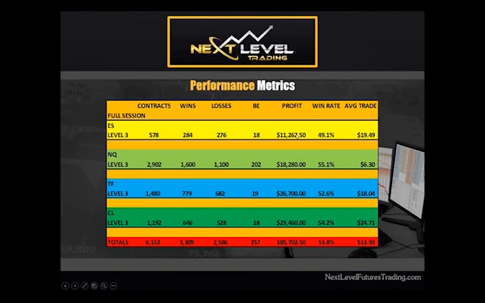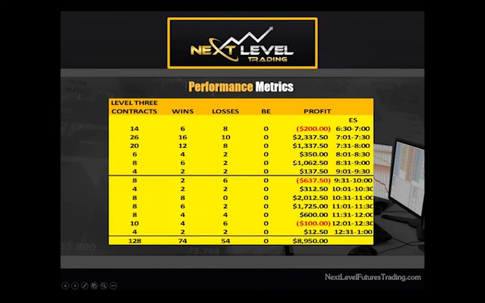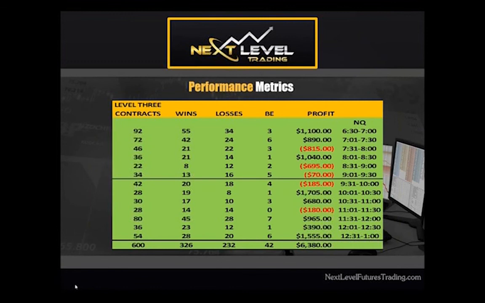But this has been our profit over the last 2 years, assuming you take every trade, every signal with 2 contracts under our rules for targets and trailing stops. Now, we've also broken it down by instrument, by day of week, and by time of day. So I can't remember what day this is on the ES, but you can see times of day that we've had success. We have also on the NQ